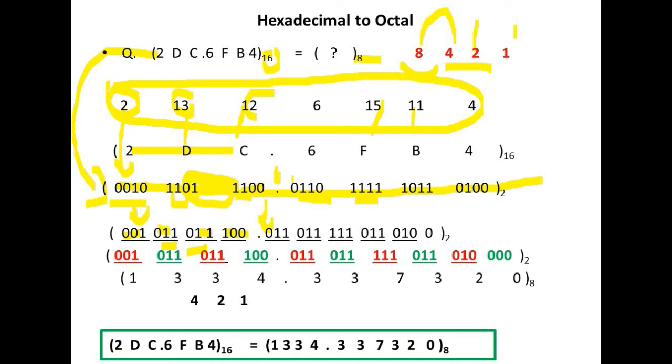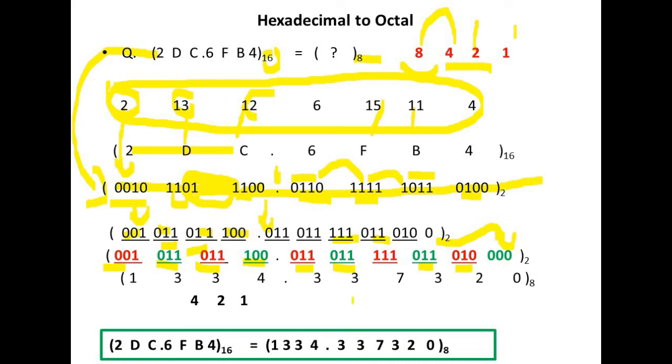Then after the point we start grouping 011, 011, again 011, 011, then 111, then 011, and after that 010, and this 0 is left. So it is converted into groups of 3, and we have to add 2 more zeros. So ultimately we have got groups of 3 digits: 001, 011, 011, 100, 011, 011, 111, 011, 010,